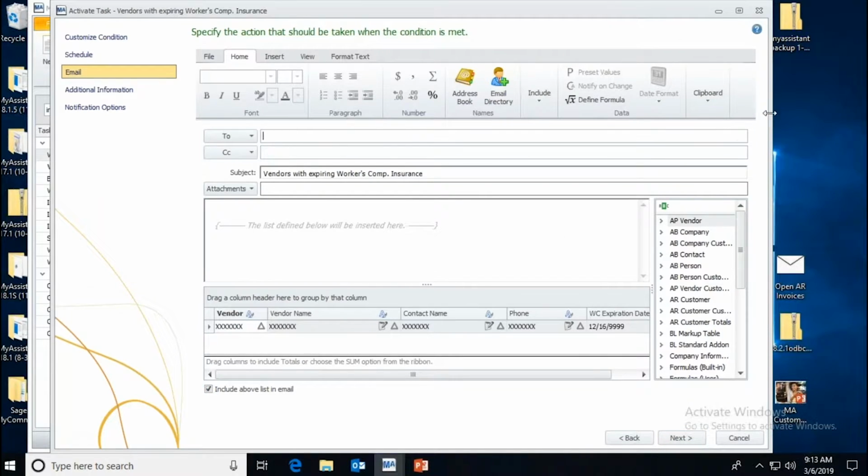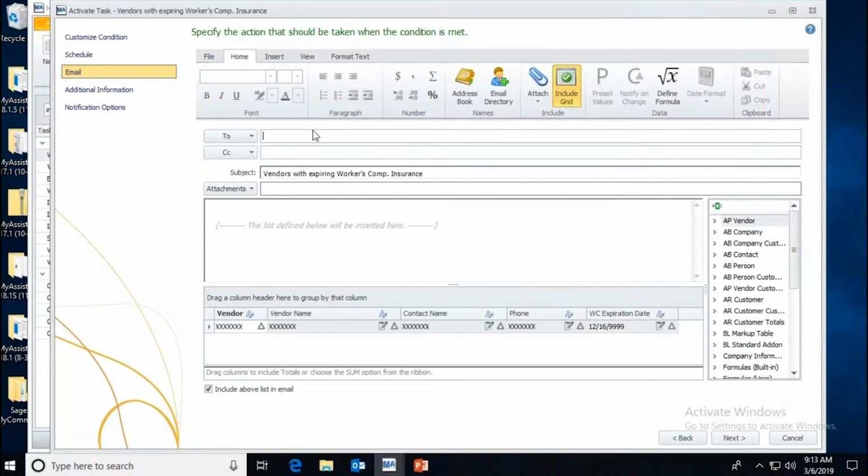So this window right here is where I can determine what is emailed. So let's say I'm going to email this to Dennis here, and this list, here's that list out in the bottom. See vendor, vendor name. This is the information you've entered in Sage, and this is what will show up in that list on the